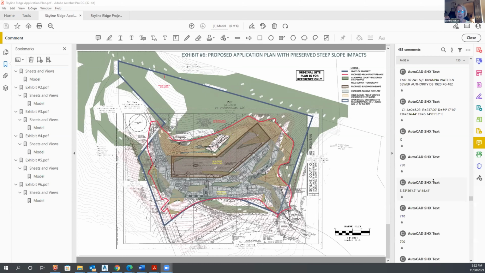And I see Frank Pohl is on. Frank, did you want to add anything? Hello. No, unless you have any questions, there's nothing else to add. They basically graded the site as what you see here within those limits, and they stopped, and then their site plan went away, and now they want to build what they were previously going to build. And we have to go through this process to allow that. So I don't have anything else to add.